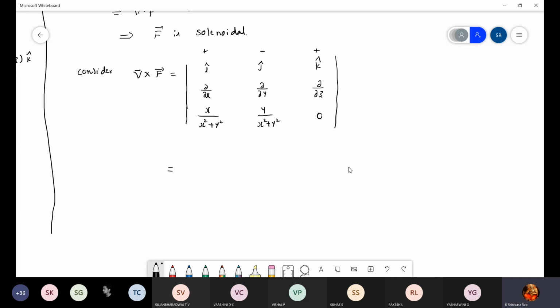It is all just partial differentiation. I told you in the beginning itself, you should be very strong in the basics: differentiation and vector concepts of scalars and vectors. Once you are perfect, you can solve any problem, even if they ask in a different manner.